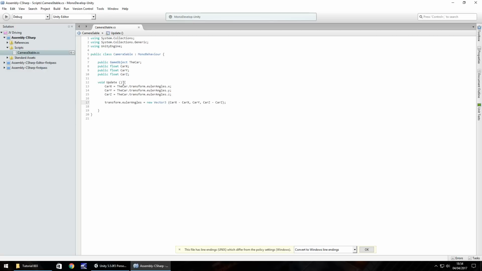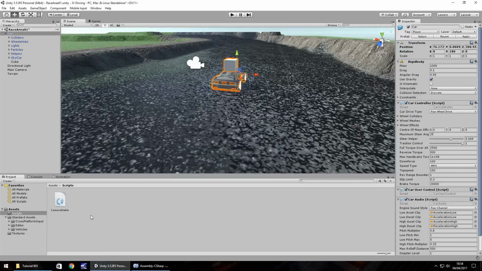So everything we've typed here is contained within this void update. And everything we've typed in total is contained within the public class. You always have to make sure that everything is contained in scripting, because if you start putting code down here after the class has ended, then you'll get errors in Unity and the script won't work. So if we head back to Unity now,